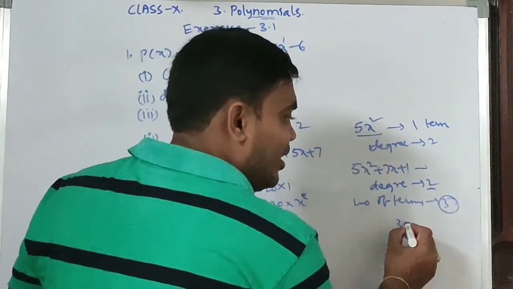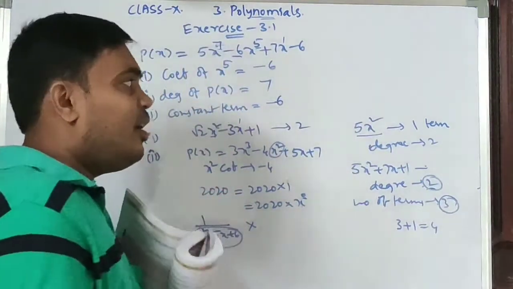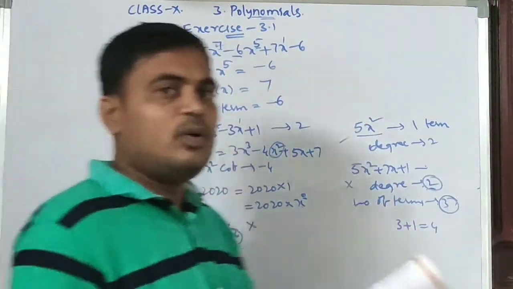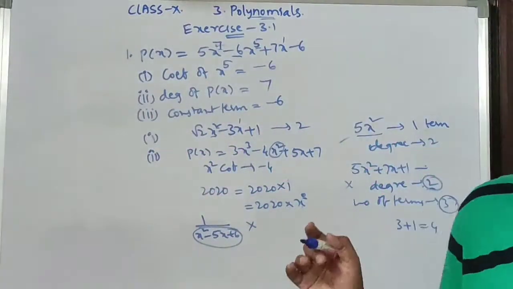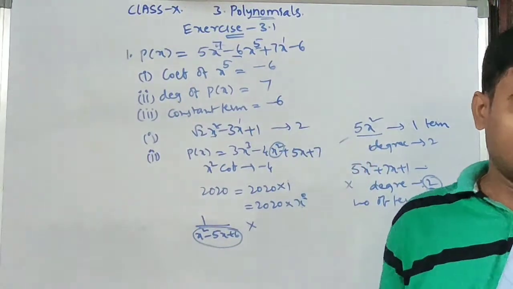So if we are adding 3 plus 1 equal to 4, but here the degree is 2. So for this situation it is correct, but for this situation it is wrong. So fifth one is wrong. So if it is true for all situations, then only we need to consider. Next,